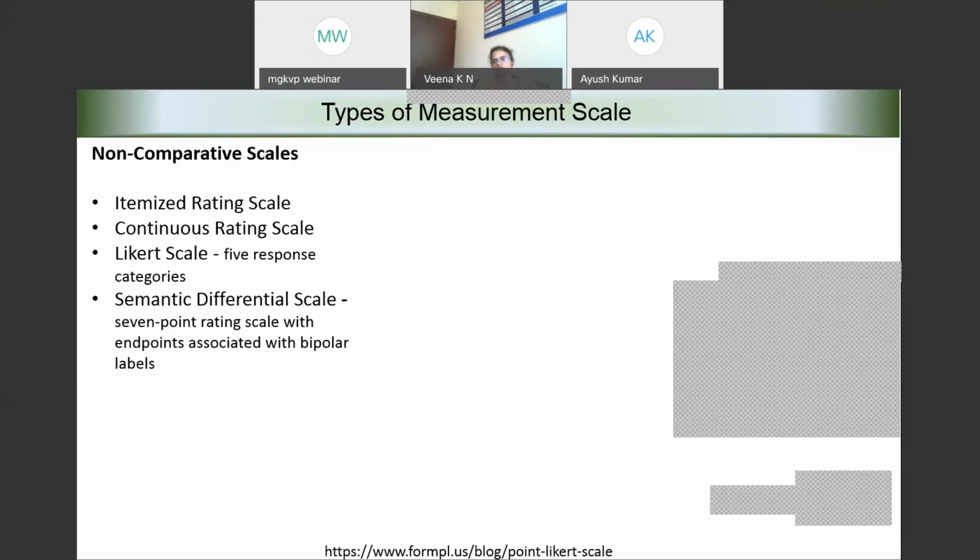And the very famous and the most commonly used scale is the Likert scale. Classically, a Likert scale is a 5-unit response categorization scale. And here what happens, we go from minimum to maximum with a neutral in between. But sometimes there are problems with neutrality. Studies have shown that there are lots of limitations or demerits to the Likert scale, even though it is one of the most commonly used interval scales in many research activities.